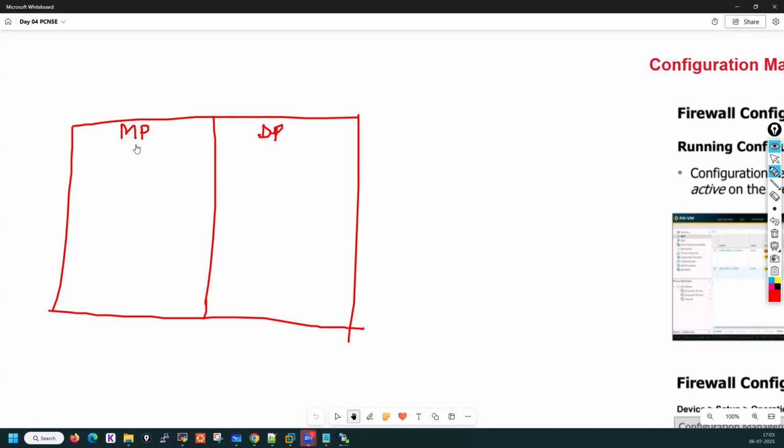Management plane, guys, do not mention control plane. Control plane is totally different. Control plane is a part of the data plane. That information they have put wrongly in the documents. Your control plane is separate, which is a part of your DP. Now,